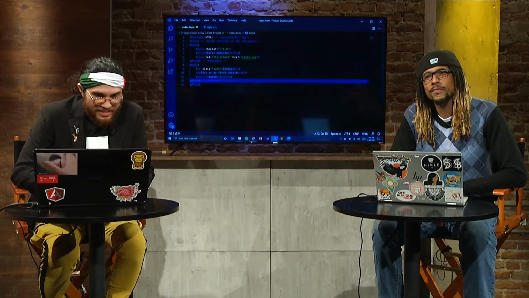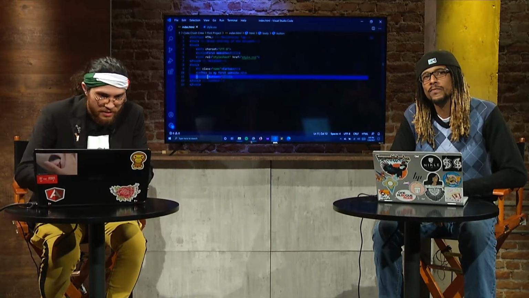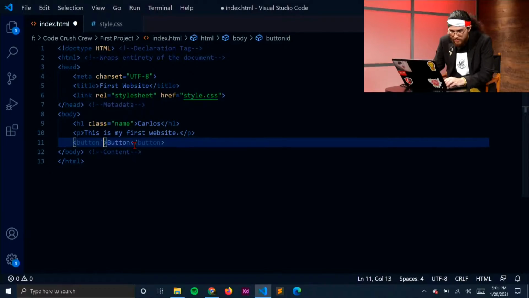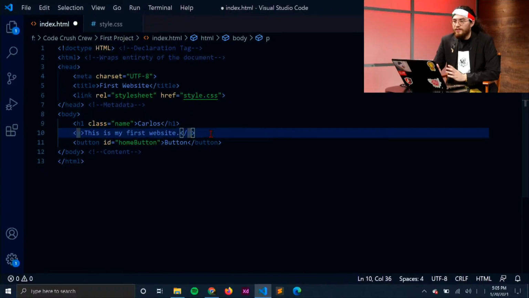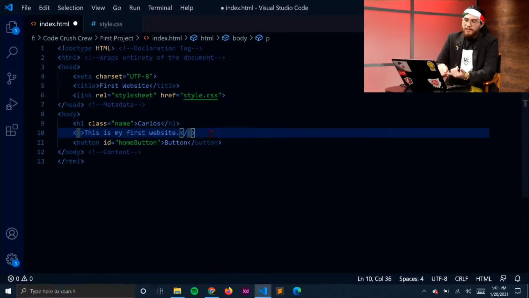I like the challenge. So actually, since I used class, we can go ahead and introduce how to use the ID in here. So let's say ID is equal to, and then in quotation marks, let's say home button. Cool. And this is more interesting than it seems, because I'm showing you how to use the ID selector in HTML,